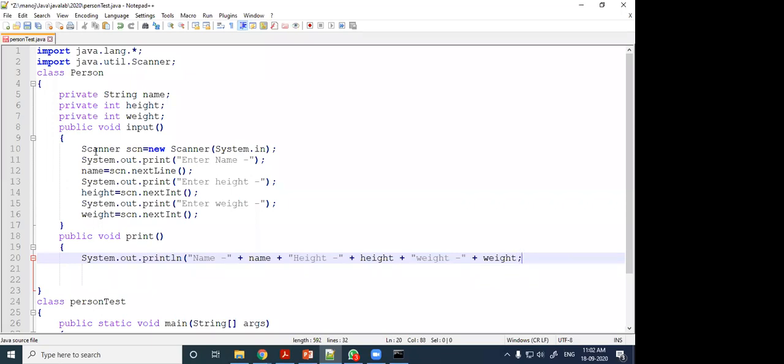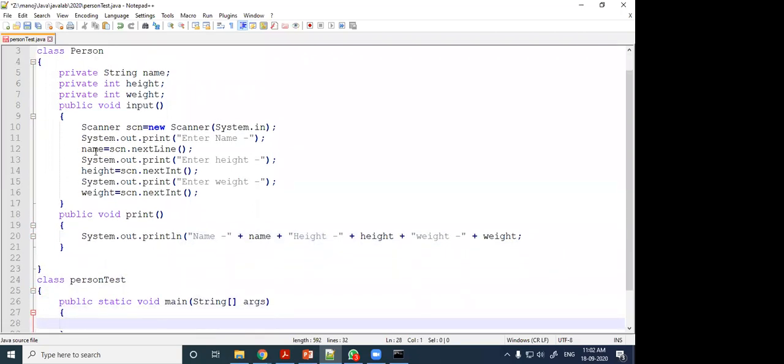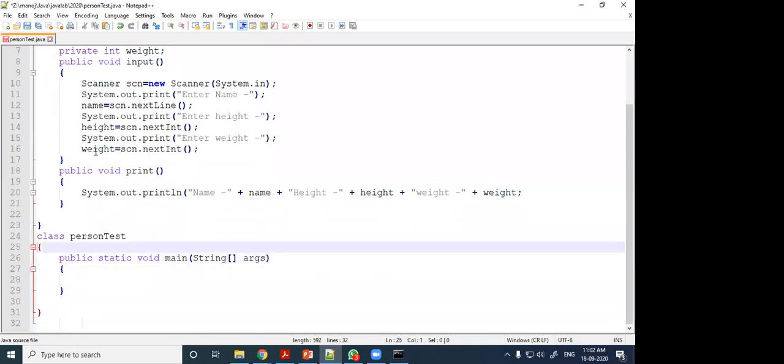Okay. So here is the end of the print function. Here I am printing, and this is the end of the person class definition. If I have typed anything wrong, then you can say.